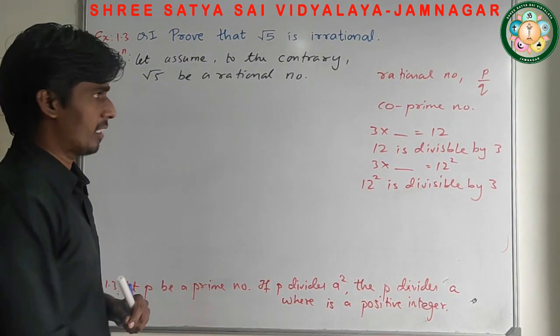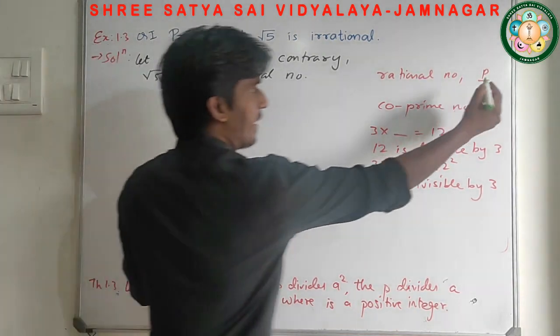Let root 5 be a rational number, and if root 5 is a rational number, then definitely they are in